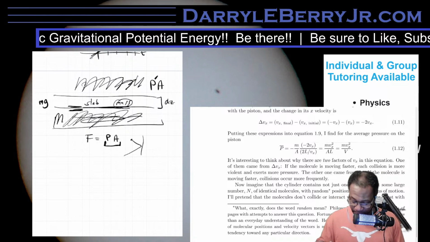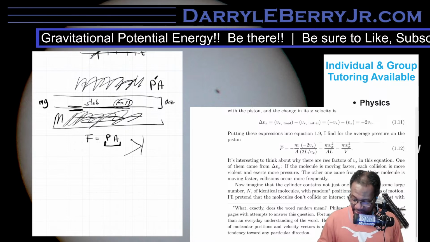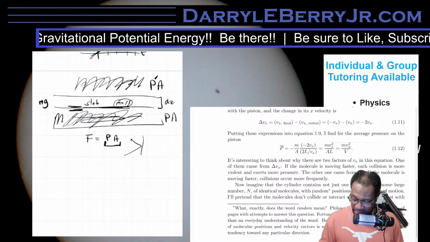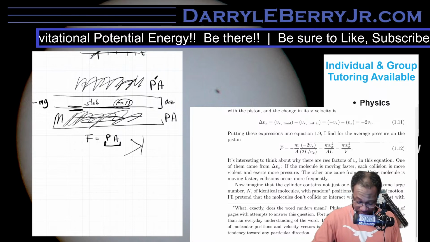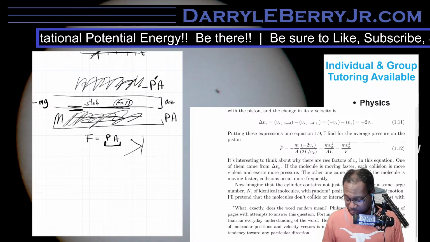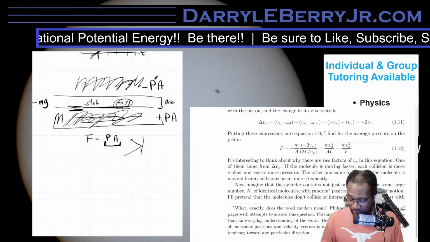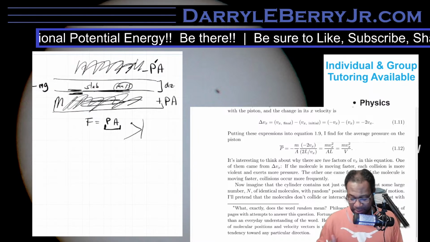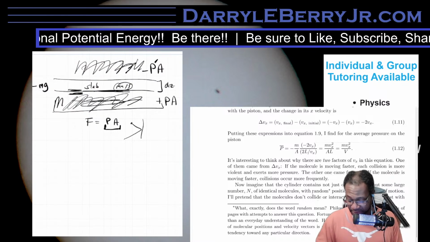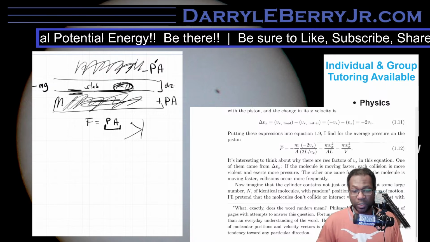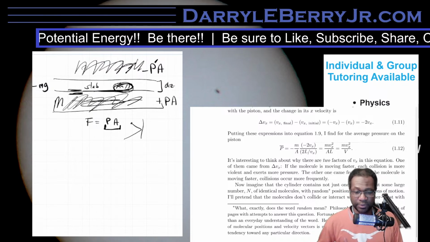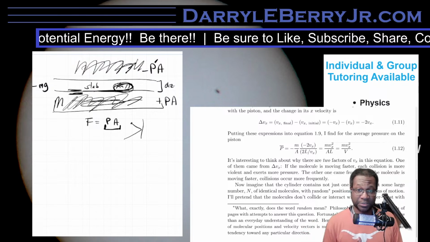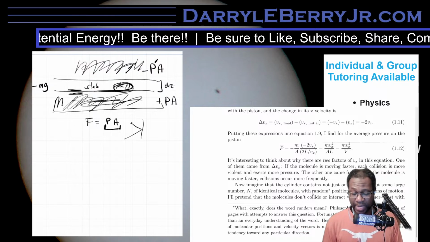I'm lifting the pencil. And we can say that there's some pressure here that's also pushing up. So now we end up having two forces of pressure pushing down and one going up. And the reason why this slab of air is not going anywhere is because all of these forces equate to zero.